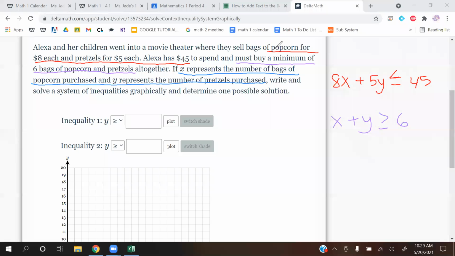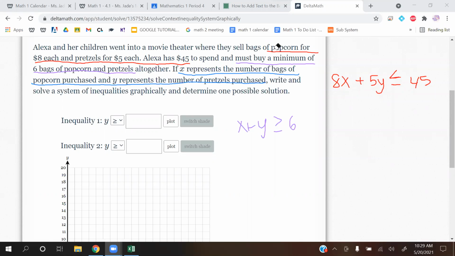So here are our two equations, but we just need to get them in slope-intercept form. Just notice that over here we have y by itself. So that's just slope-intercept form. Oh, I should not have written them next to each other. Give me a second. There you go. Just gonna move that over there. Okay, cool. So now that we have our two equations, let's change them into slope-intercept form by getting y by